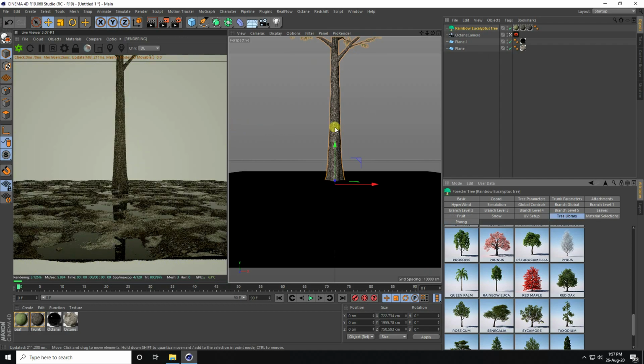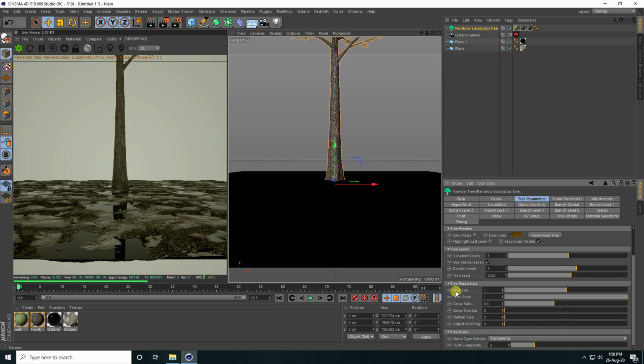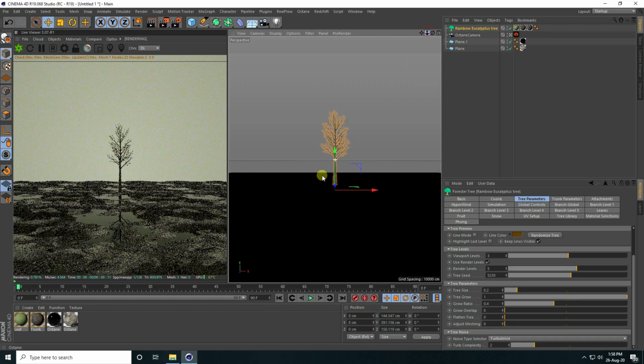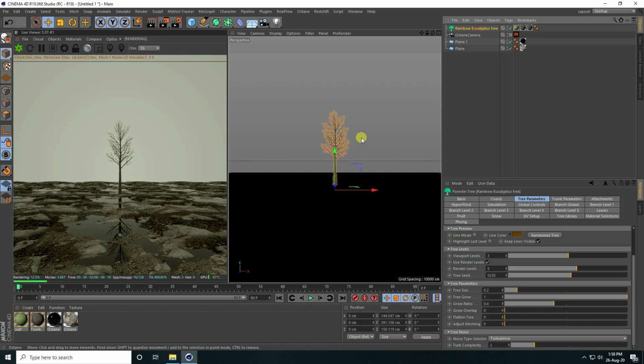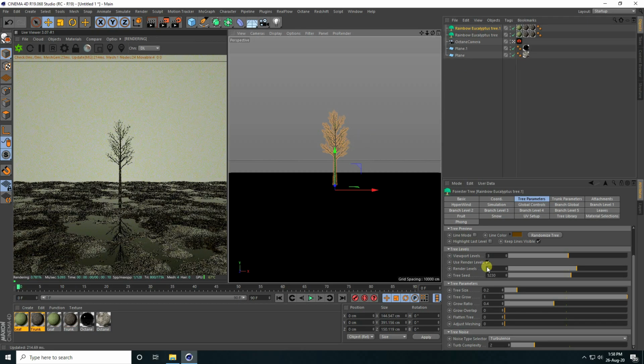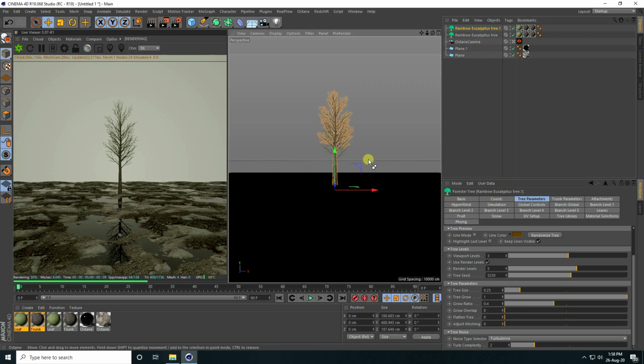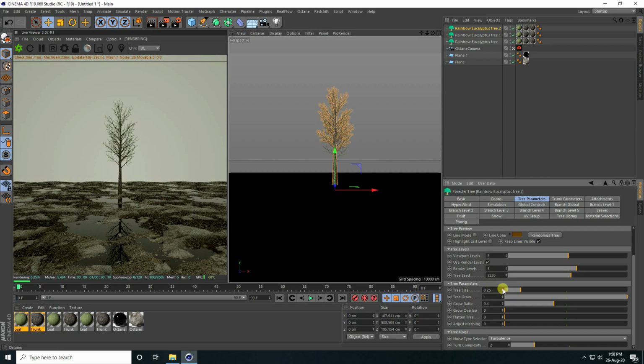Yes, and change size. So go to tree parameter, guys, tree size I take like 0.2. See, that's my tree size. Yeah, and now guys, I take one more tree, so copy and increase tree size like 0.25. Yeah, and one more time, copy this tree, and tree size increase like 0.3.